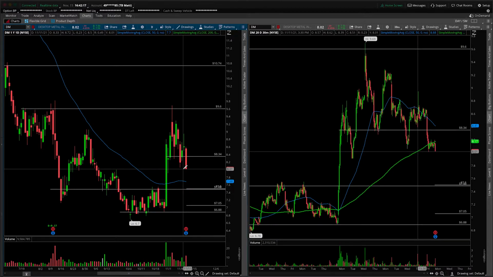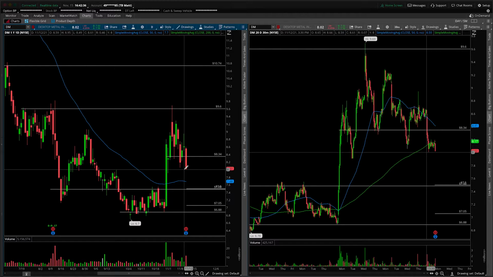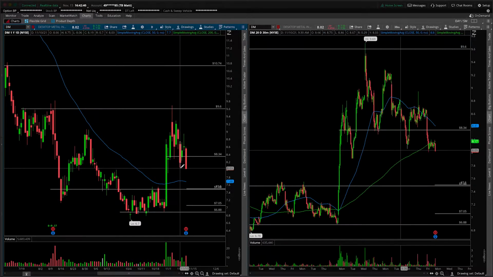The first thing we always think about, whenever we're dealing with a gap down or a gap up, number one thought is always the gap and trap. And what that looks like is that if we open here, fail to take out the overnight low and trade back higher through the open, you're looking for a long-sided trade, aka trapping anyone down here who thought it was short, to fill the gap to today's low. And today's low is right at and around 8, the nice psychological number. So to me, it makes sense as a target. If the turnaround does happen, 8 would be your number to pay attention to.